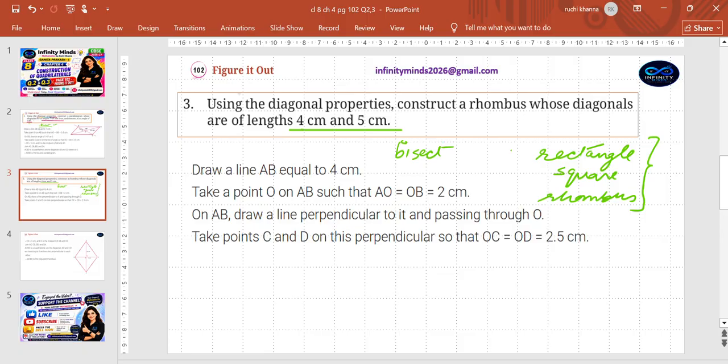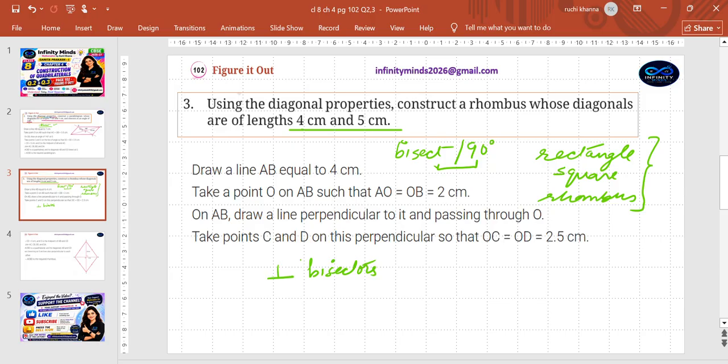You do have application of properties, like using diagonal properties, so you should know diagonals bisect each other. What else does a diagonal of a rhombus do? They bisect in such a way that they meet at 90 degrees. They are perpendicular bisectors, and a single name to cover both of them is perpendicular bisectors. Yes, in a rhombus, diagonals are perpendicular bisectors. Steps are going to remain absolutely the same. So you draw one of the diagonals, make the perpendicular bisector.